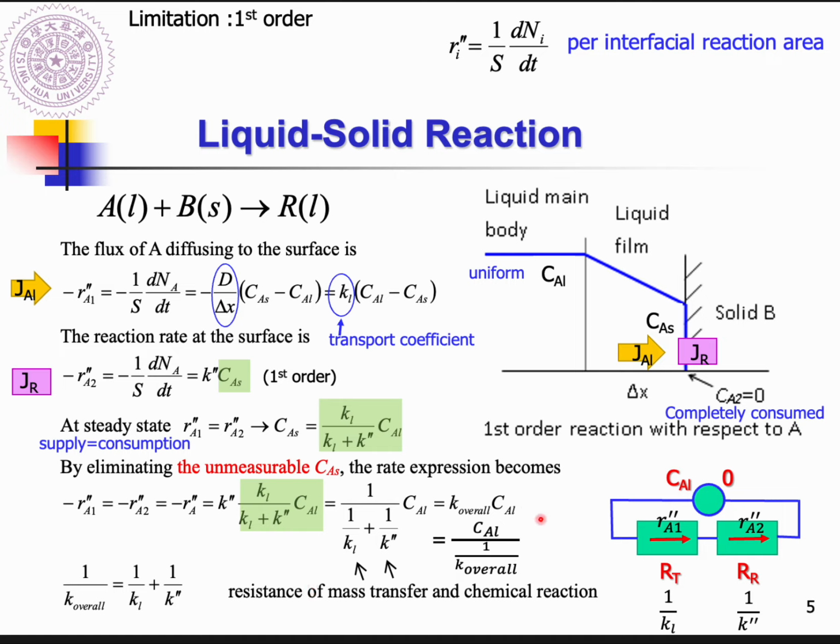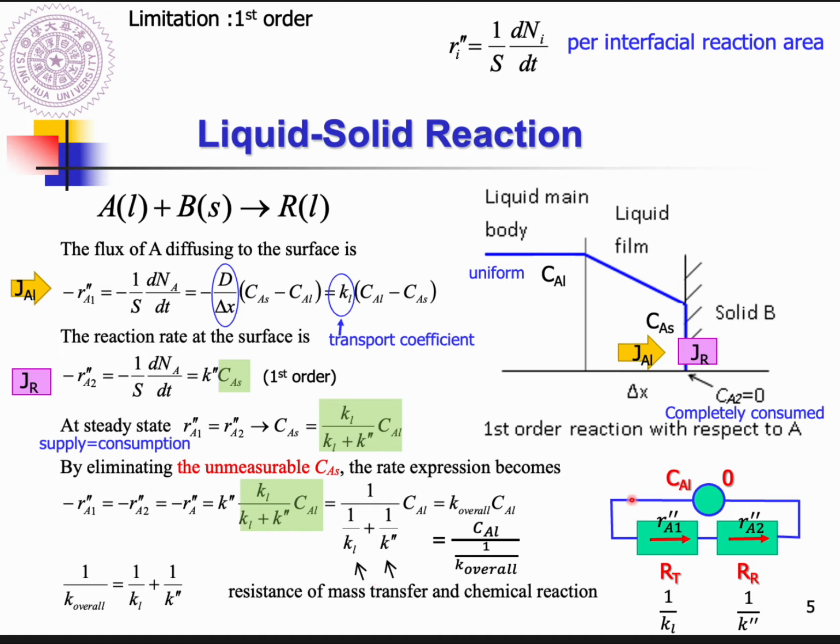I already convinced you that these heterogeneous reactions involving transport and reactions can be written as a driving force equals the flux times resistance, and inside the resistance we have transport plus reaction, so you have transport resistance plus reaction resistance, and each resistance is a reciprocal of the transport coefficient or rate constant. Okay,